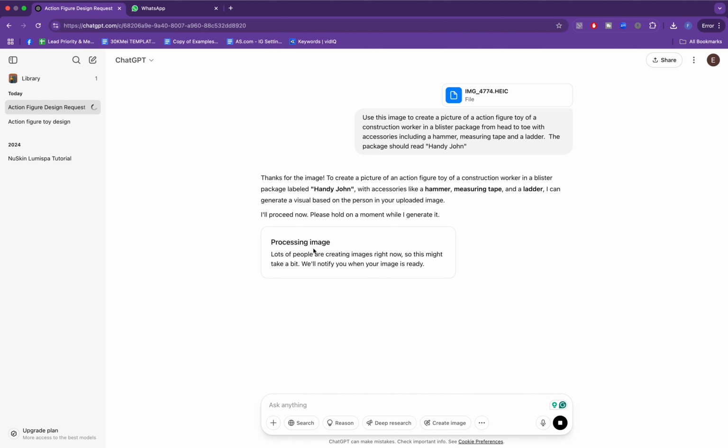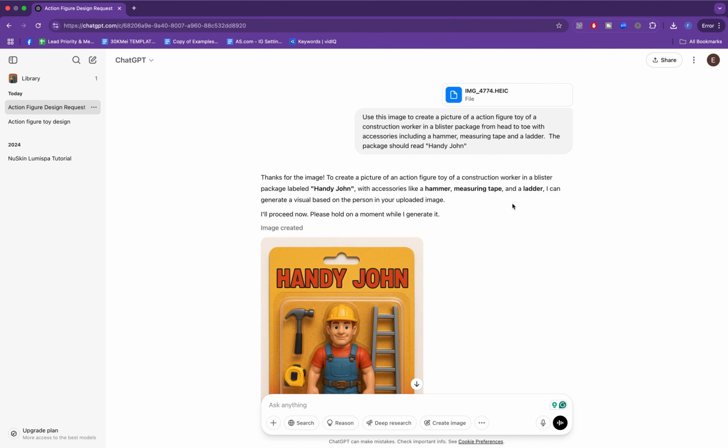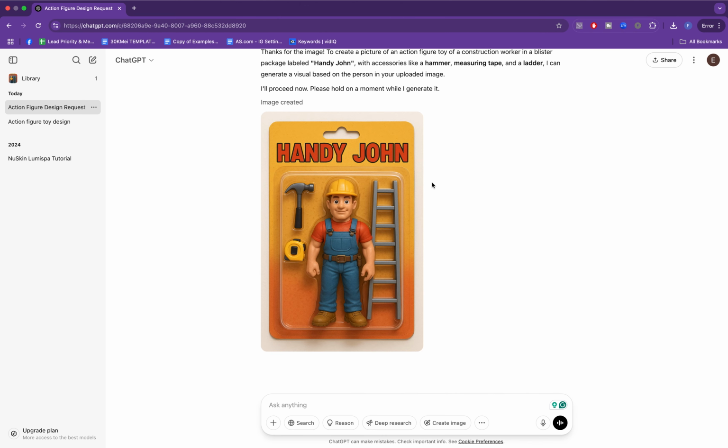Now, right here it says processing image. Lots of people are creating images right now, so this might take a bit. We will notify you when your image is ready. Usually this takes up to 1, 2, 3 or up to 5 minutes. Oh, it says image created, guys, and boom, this is the image, and that's how you turn yourself into an